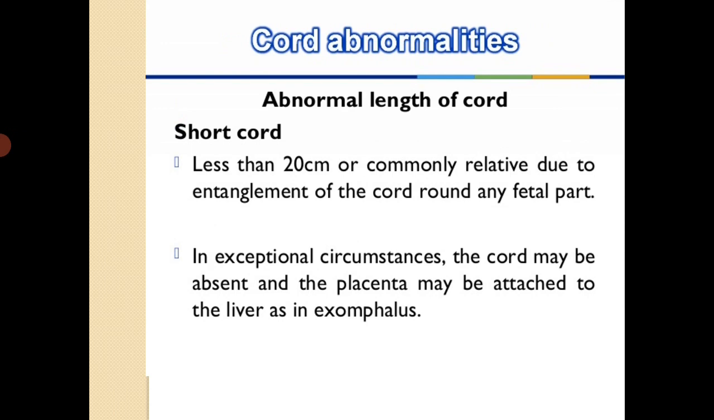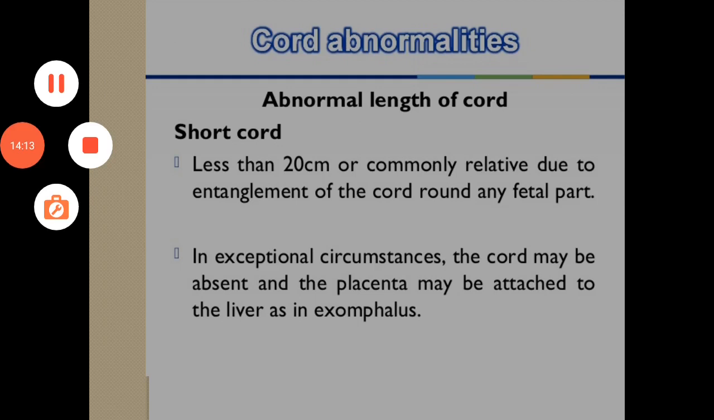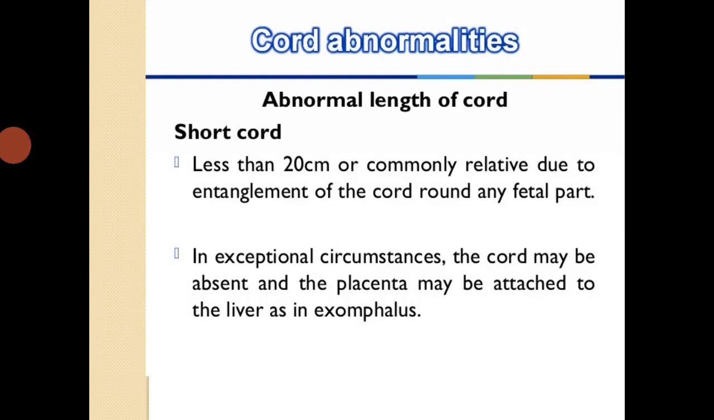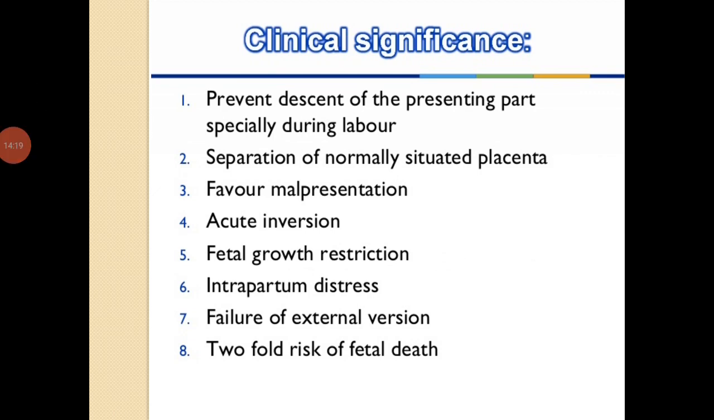So, the recognition of a short cord usually does not take place until there is evidence of a problem. Therefore, it should be considered as a possibility whenever descent does not take place in the presence of an adequate pelvis and good contractions. These are the clinical significances of a short cord, which will prevent the descent of the presenting part, especially during labor, despite good contractions. Then separation of normally situated placenta,